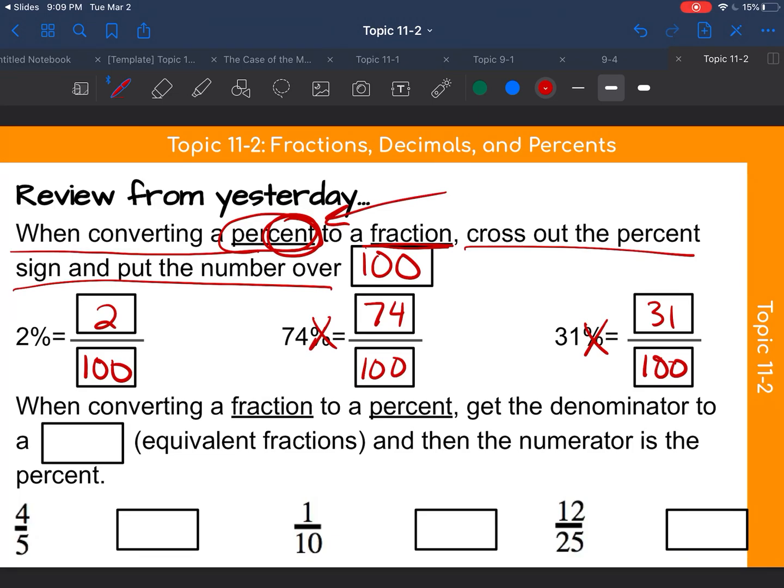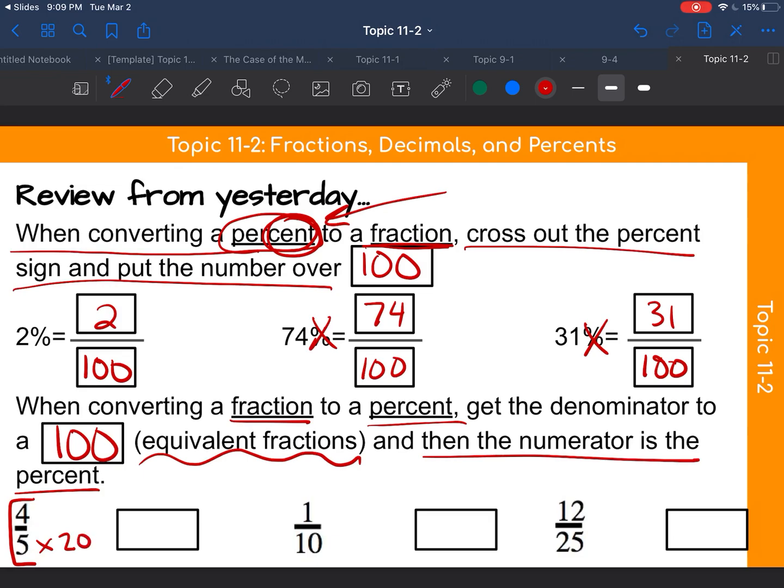We also talked about how to convert a fraction to a percent. All you do is get the denominator to a 100 as well, okay? Because again, percents, 100. And you do that by finding equivalent fractions, and then the numerator is your percent once it is over 100. So 4/5, what can we multiply 5 by to get to 100? We can multiply 5 by 20. Whatever we do to the bottom, we do to the top. We end up getting